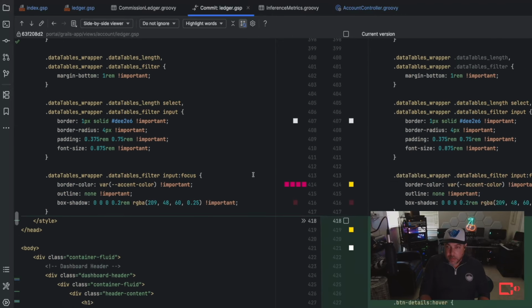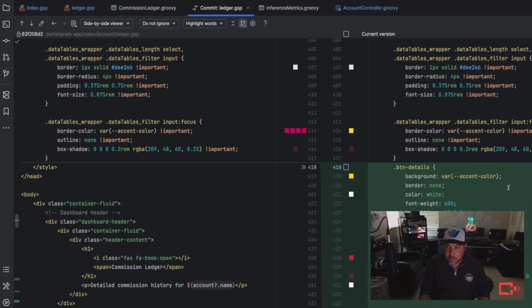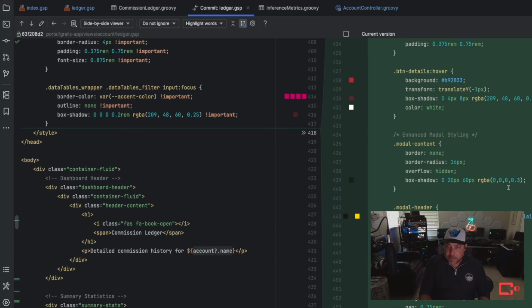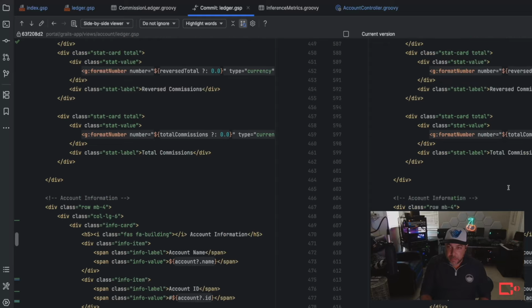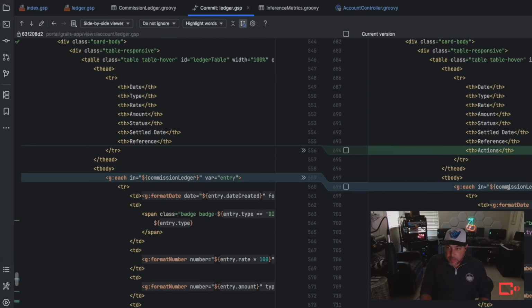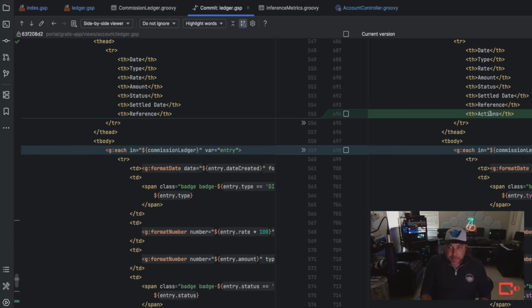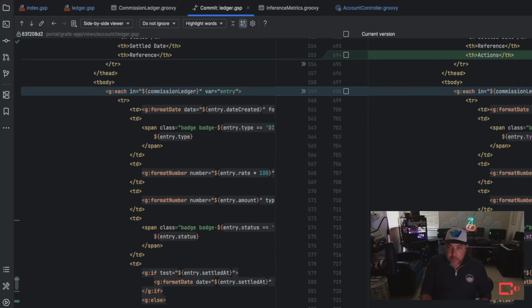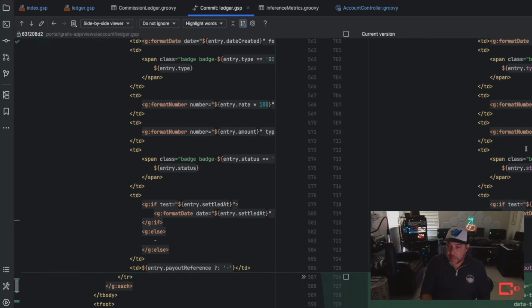And we got one more, and that's the ledger. Okay, so we have a change here that's adding some class for the modal. Great. We asked for actions.